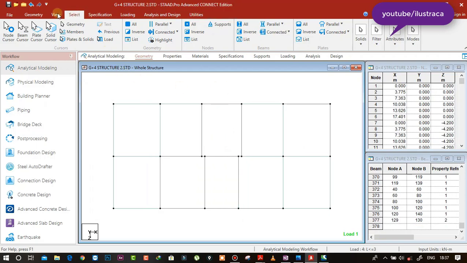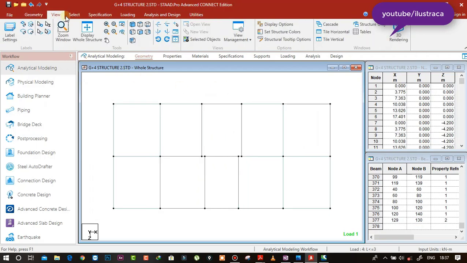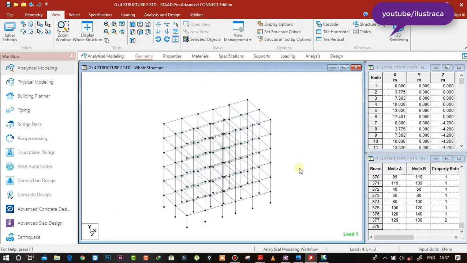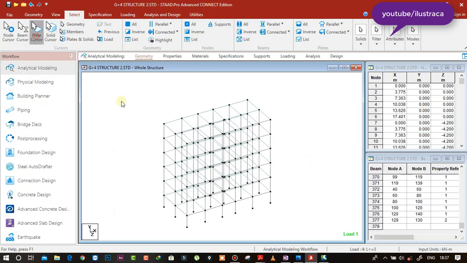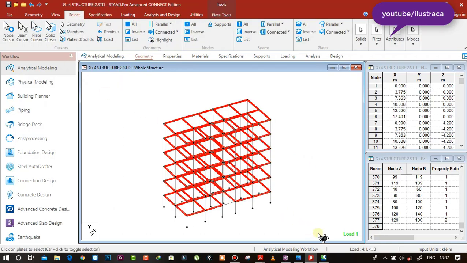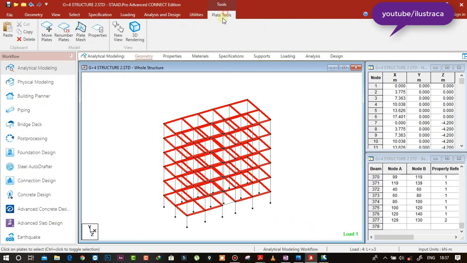Okay, let me just view geometry. Let me just mesh the plates first. So what we are going to do, select plate cursor, select all the plates and plate tool, mesh plate. So we can't mesh it like that.